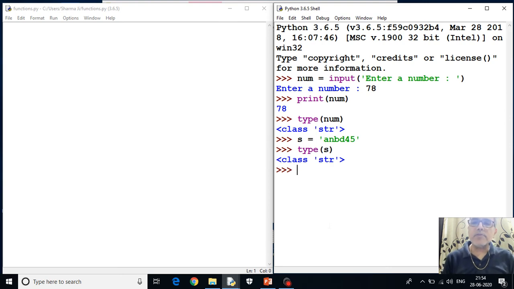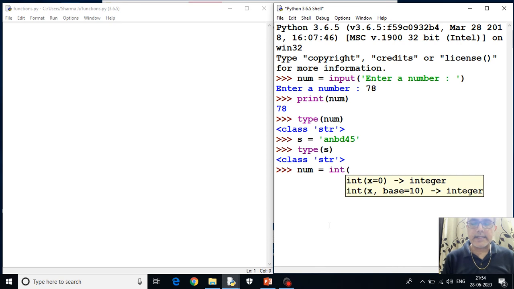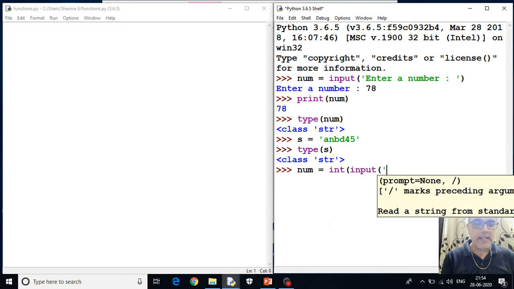Now what if I want to save 78 as an integer? For that we use the int method here. Now this int will convert the string which the input function is taking into its equivalent integer.